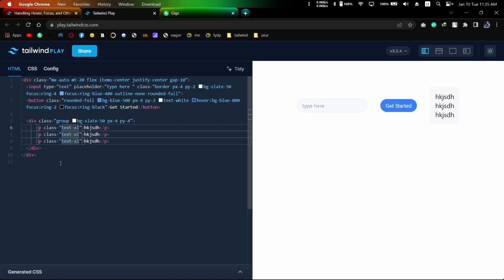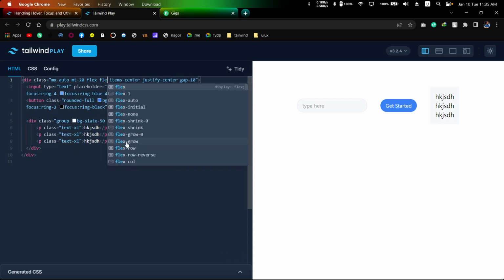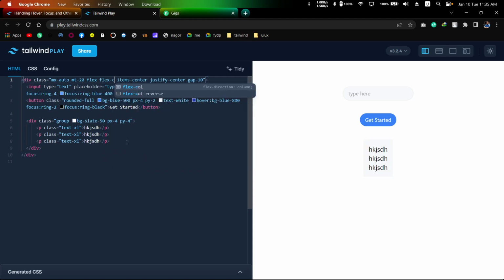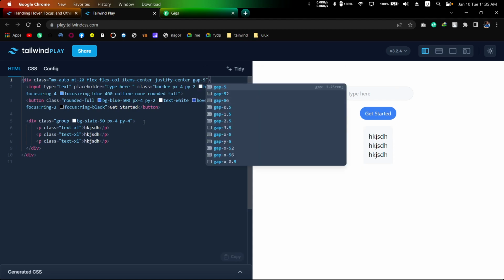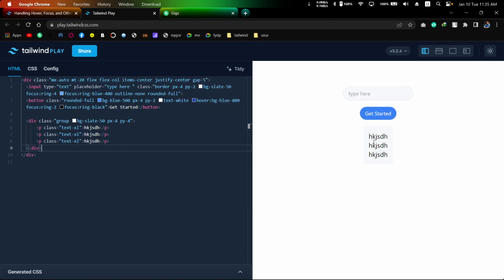Text xl. Okay, and also wait, let me make it flex-col, so that it will be column-wise. Gap should be a little bit smaller. Fine. Okay, so in this you can see,